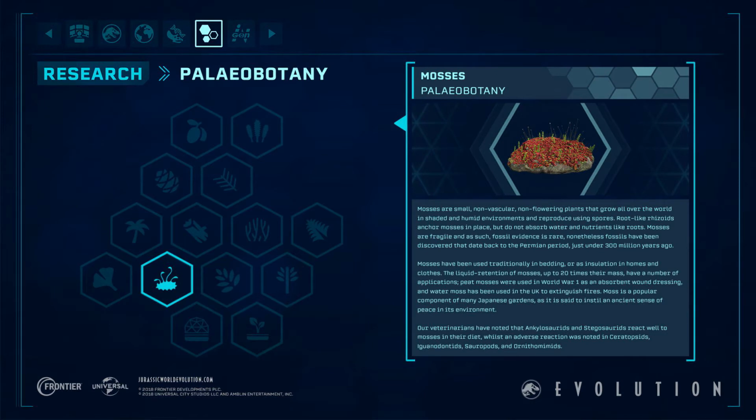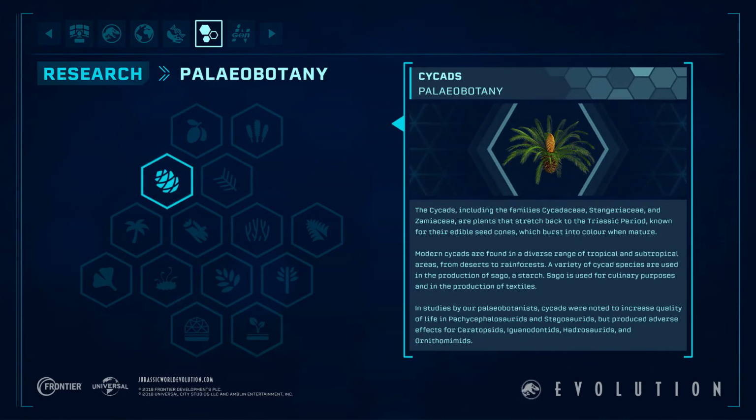Kind of cool. Our veterinarians have noted that ankylosaurids and stegosaurids react well to mosses in their diet, whilst an adverse reaction was noted in ceratopsids, iguanodontids, sauropods, and ornithomimids. Now, I think this last bit is so interesting because yesterday I missed this out. On the cycad paleontology picture that they posted yesterday, it says here at the bottom, in studies, our Palaeobotanists noted cycads increase the quality of life in Pachycephalosaurids and Stegosaurids, but produce adverse effects for ceratopsids, iguanodons,